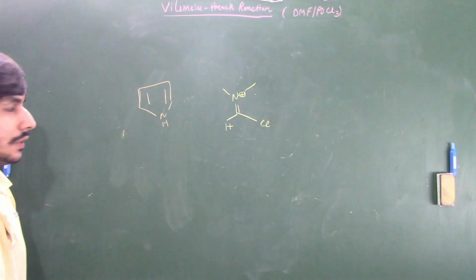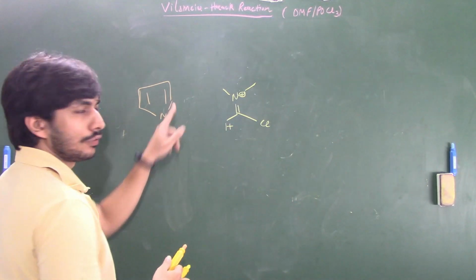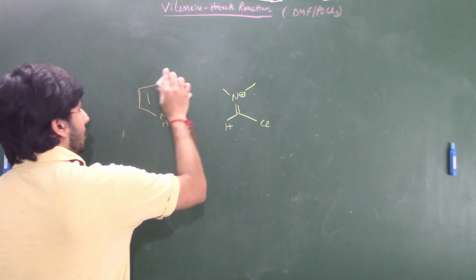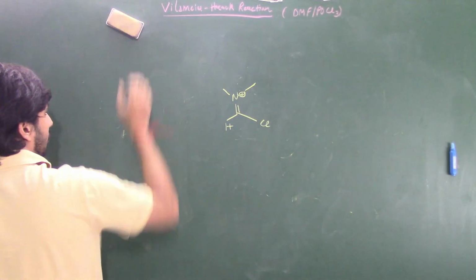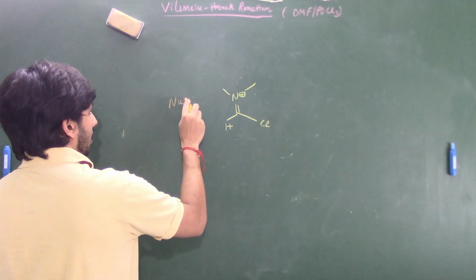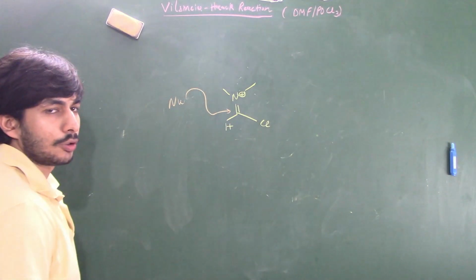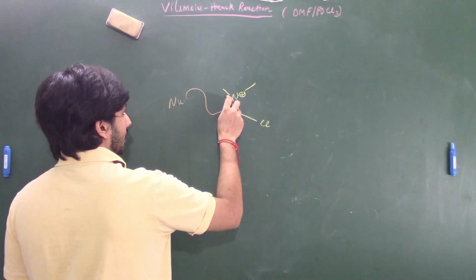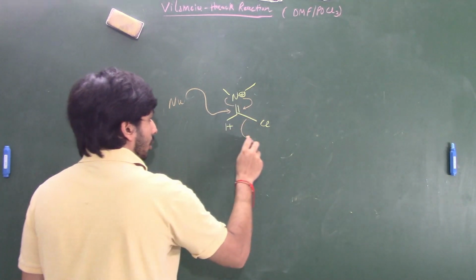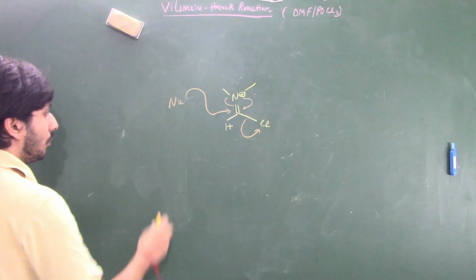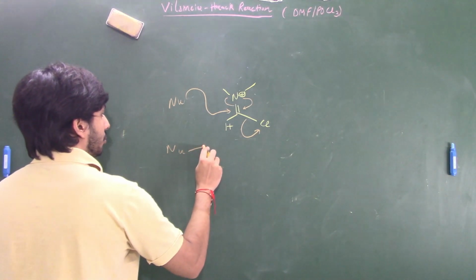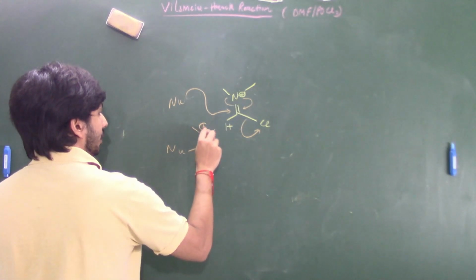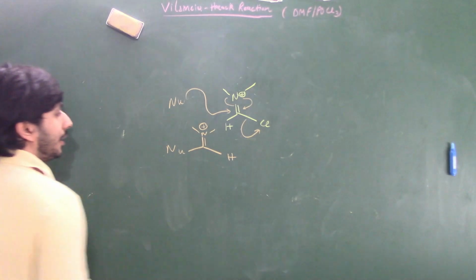Now what happens is that, like I said, this is the most nucleophilic position. For convenience, we will just write nucleophile over here, so that there is no confusion. This nucleophile is going to attack this particular carbon. Then you can show that this bond migrates back to nitrogen, and then this comes back and chloride is eliminated. So what will we get? We'll basically get the nucleophile attached, and again we'll have a double bond to N positive, with chloride substituted. So this is the intermediate that we get.